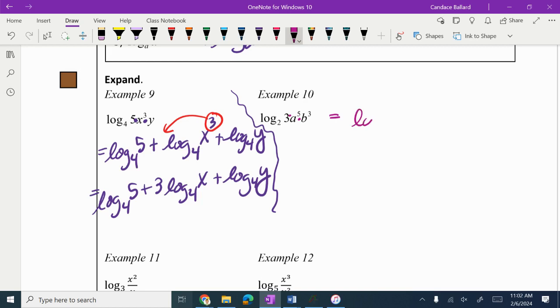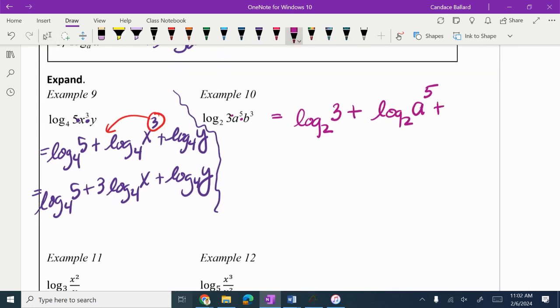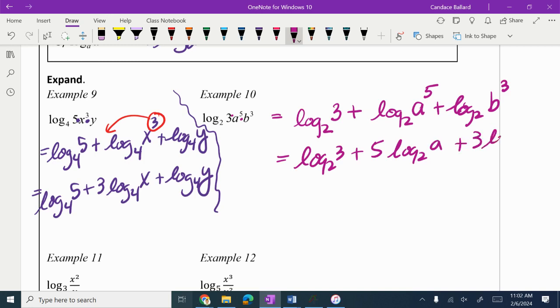All right, so log base 2 of what to begin with? 3, good. Plus log base 2 of what? A to the 5th, good. Plus log base 2 of b cubed. Are we done yet? We still have exponents. Where do the exponents go? In the front. So log base 2 of 3 plus 5 log base